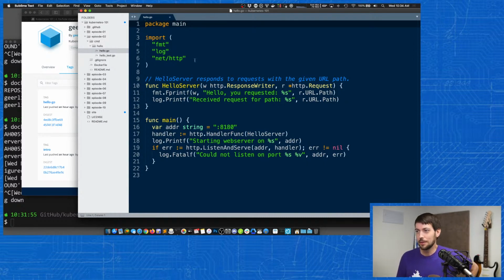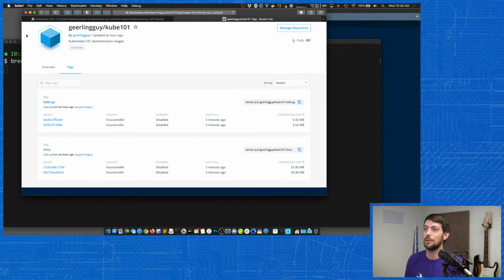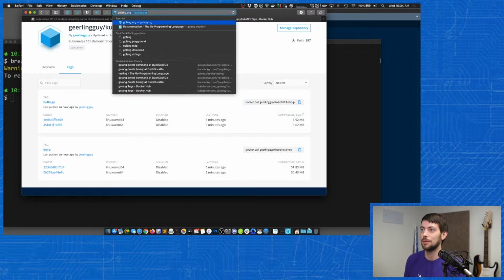Let's see. So the first thing that you'd want to do, actually, before we look at the application, let me clear this out. And you want to have Go installed on your computer so that you can play around with Go and test things and build applications locally, things like that. So in my case, I used my handy brew install Go, but the Golang website, if I go to golang.org,